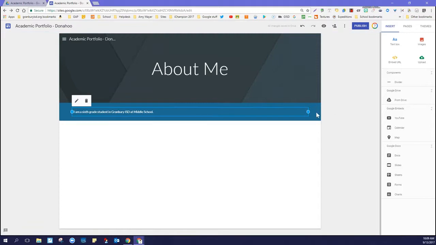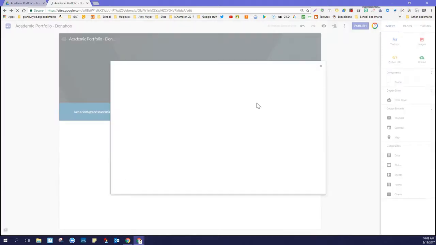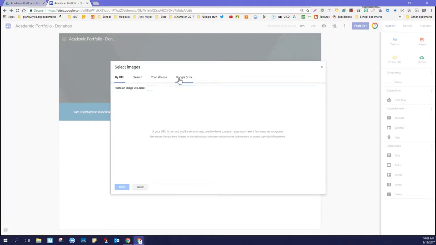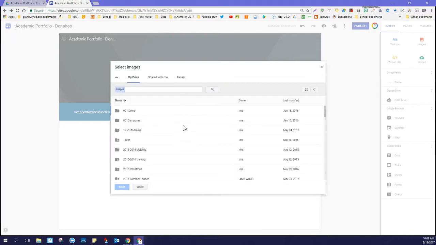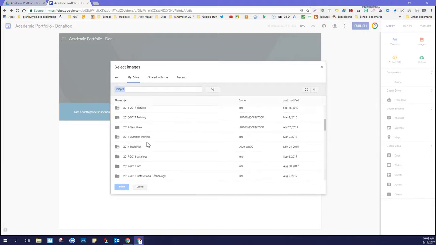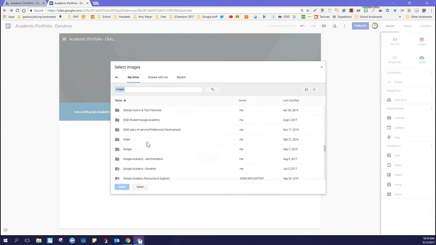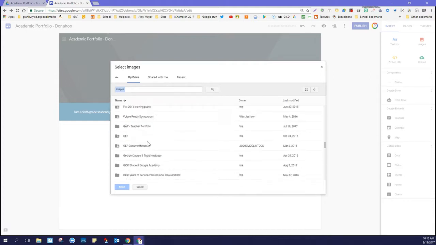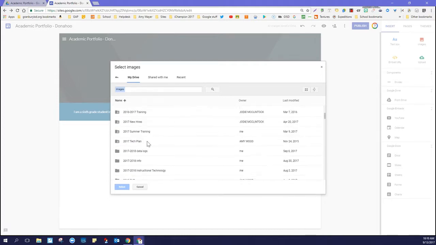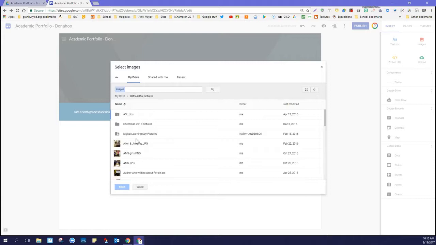Another thing you can do is make your text box cover only part of this, and maybe you want to put a picture of yourself over here. You can insert an image, and maybe you have a picture of yourself in your Google Drive. So I'm going to look for a picture that I might have in my Google Drive, and I have a folder here of pictures. I'm just going to choose one of those,